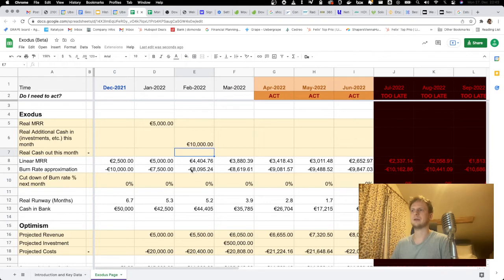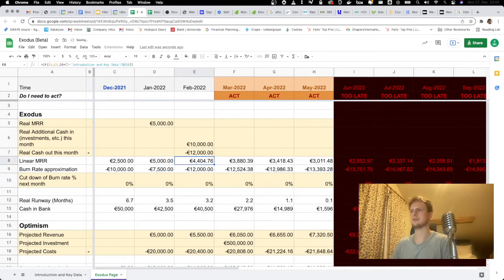Now, let's say this month, instead of 8,000, you actually have spent a little bit more. So you spent 12,000 euros. Boom. The whole system changes again. And up here is a little reminder that tries to urge you and get your attention and have you act as fast as possible. But of course, you should already in December start working on improving your runway. But there is no doubt that 3 months before you run out of cash is the moment where you really need to